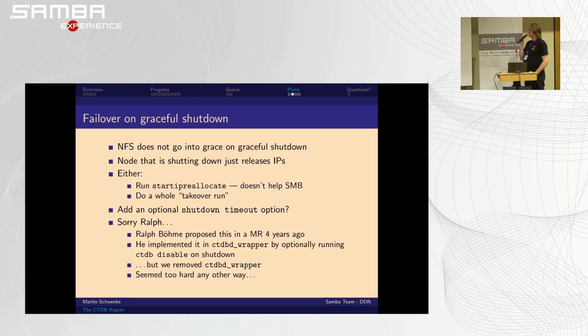So, we found that our QA guys were doing what I told them to, which is never a good idea. If I've said anything that sounds like good advice in this talk, don't listen. I told them about the CTDB disable command, and I said it's more lightweight than shutting down the whole product. And they went, okay. So they'd run CTDB disable, and they'd watch failover happening, and they would check